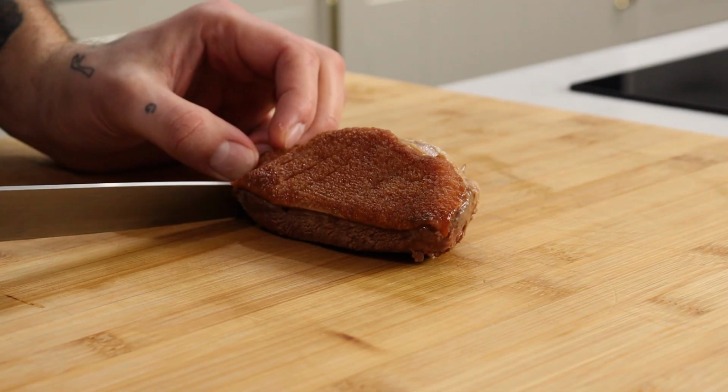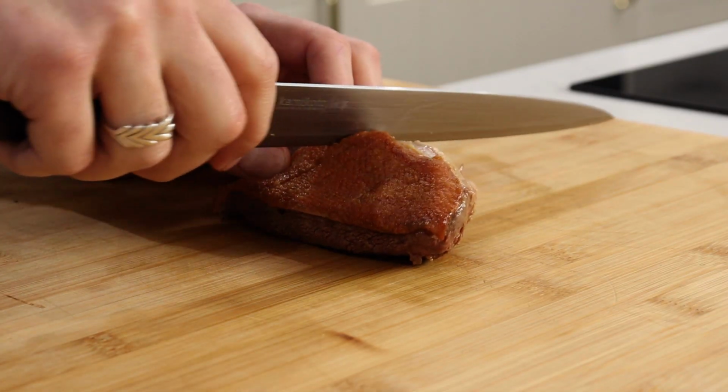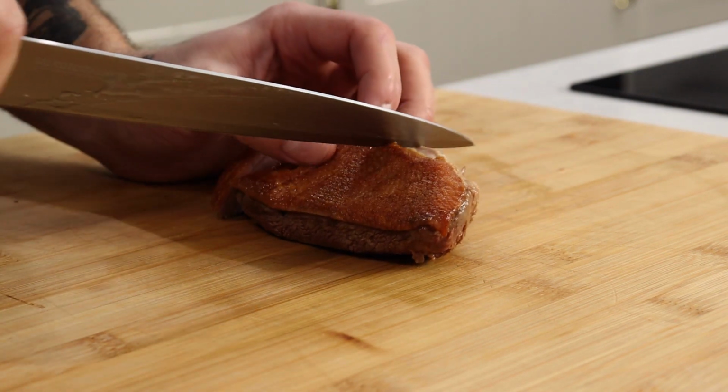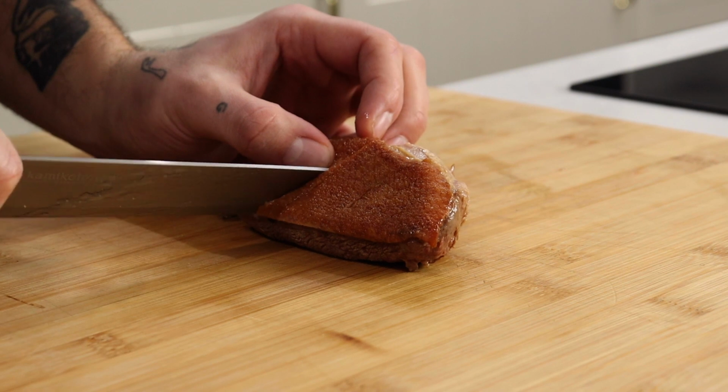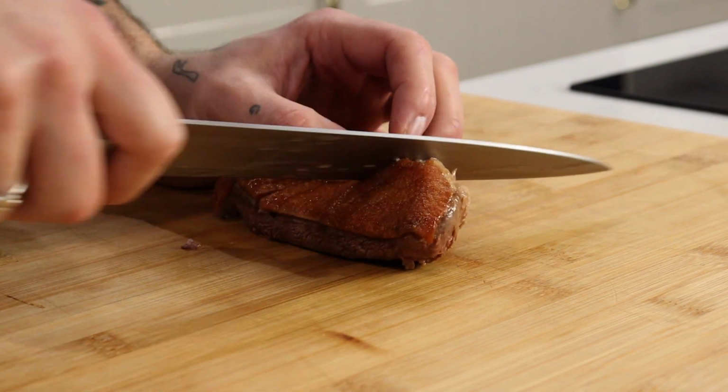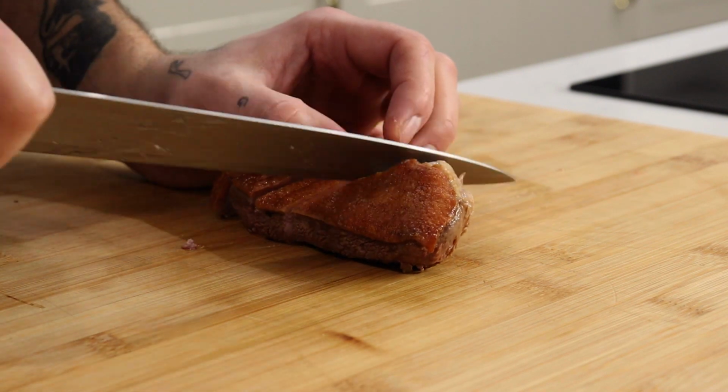Crispy skin, nice and juicy in the middle, just the way a duck breast is supposed to be. Now with slicing, we're going to go diagonally and you're going to slice towards you. Probably the only time I would ever recommend slicing towards you, but with this duck breast, it's necessary. I like to slice nice big pieces so you get around 4 or 5 pieces of duck